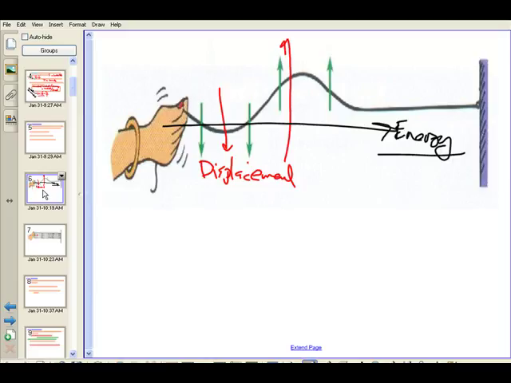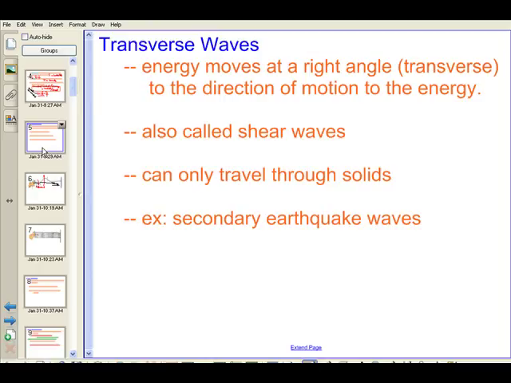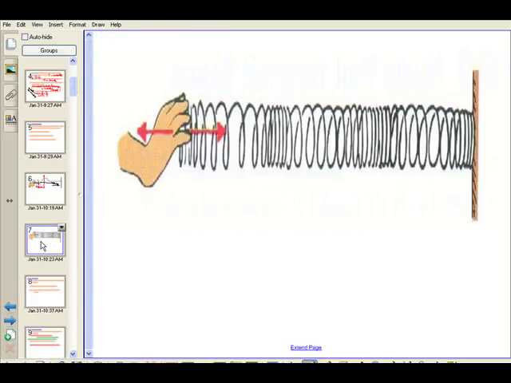Yes, sir. Oh yeah, if I pulled it out that way, it would have worked any way I pulled it. But still, the medium is going to move transverse to the motion of the energy. Oh, where am I? Somehow, I lost...